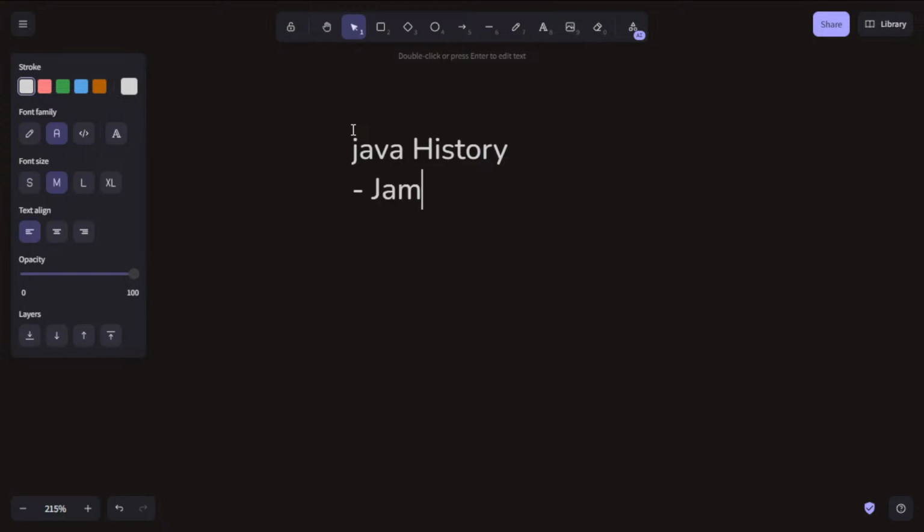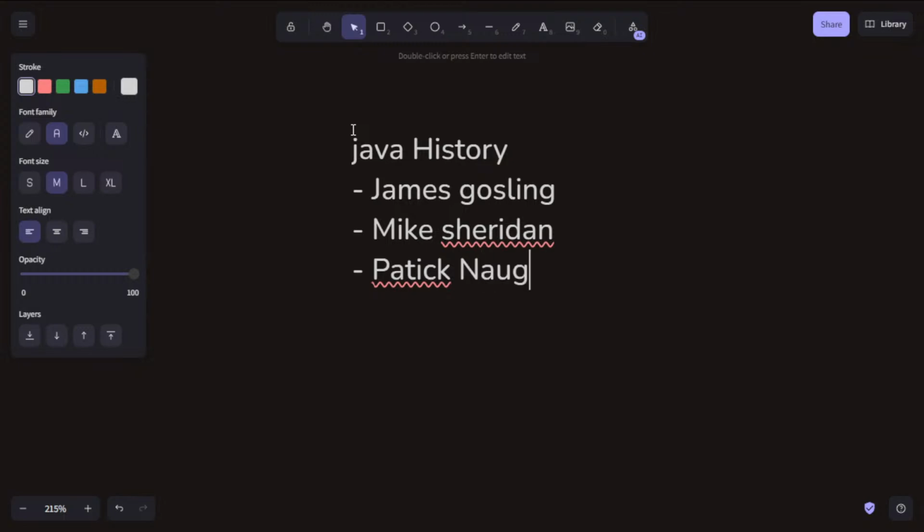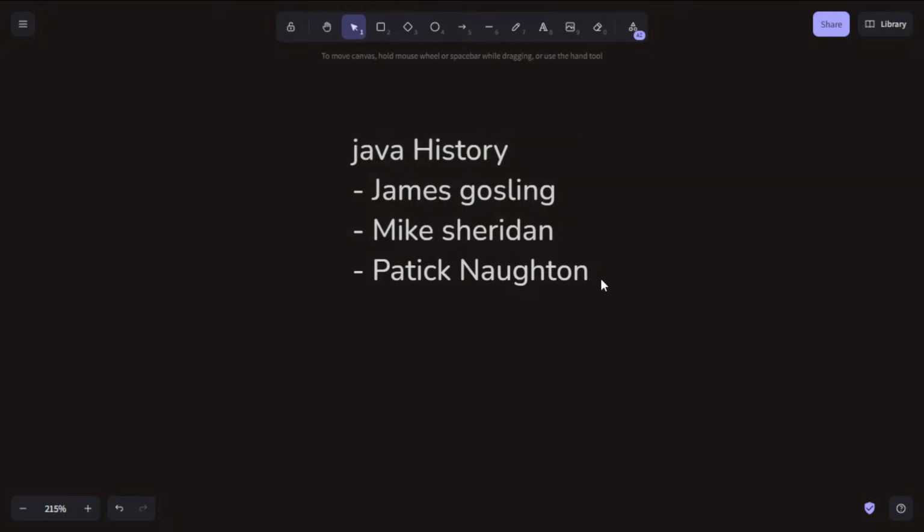The first one was James Gosling, the second one Mike Sheridan, and the third one was Patrick Naughton. These three scientists came together and initiated the Java program.